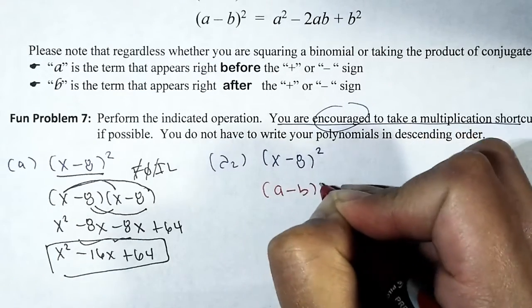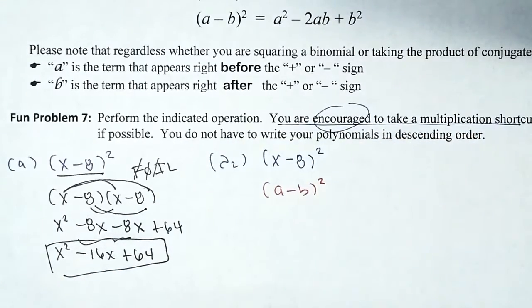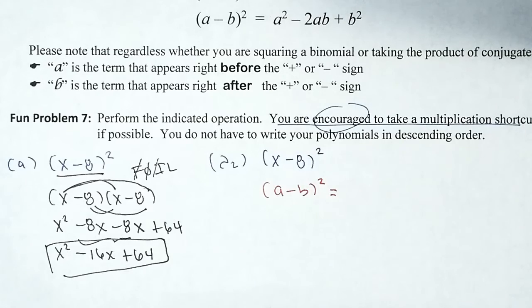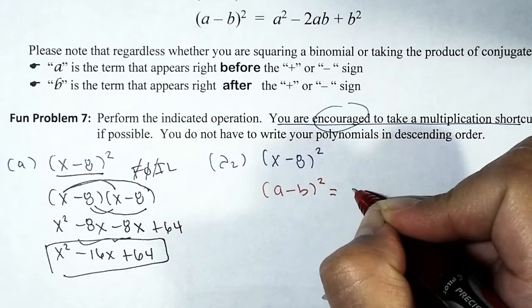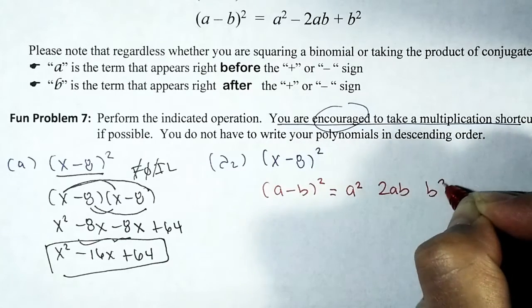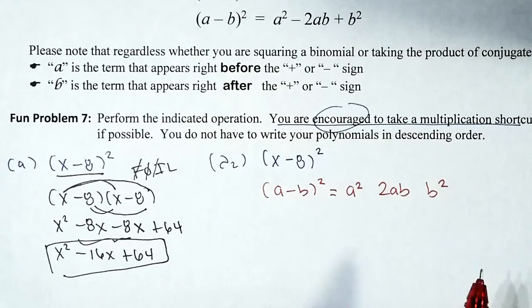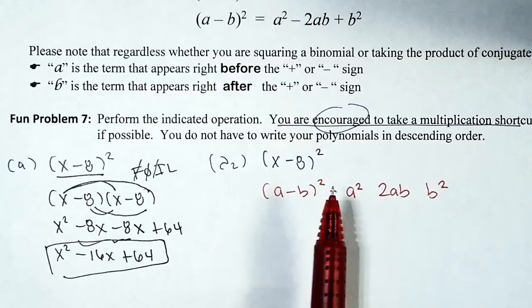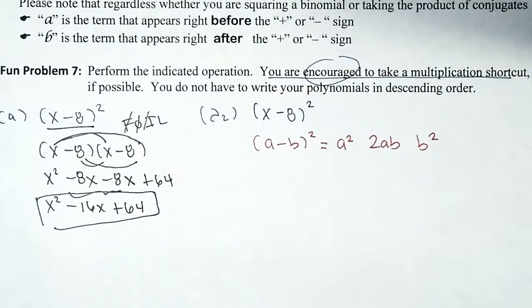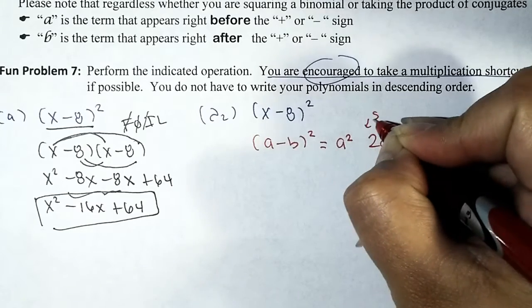If we're squaring a binomial of the form a minus b, if this is your question, then that's your answer. So first I'm going to write down the terms, and then I'm going to write down the signs. So the terms are a squared, 2ab, b squared. Remember, this is not the answer because Torres said so. It comes from our algebra. Okay, we discovered it. Okay, we'll stick to that. Okay, for the signs, same,